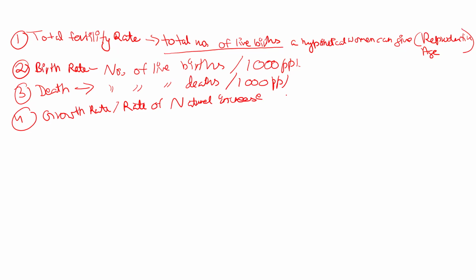If you're talking about growth rate, it means the difference between the birth rate and the death rate. Birth rate minus death rate is equal to growth rate, GR. When this difference is going to be zero, or in practice very small, then we say that the population has stabilized. What do we mean by this? The population has stabilized or has reached